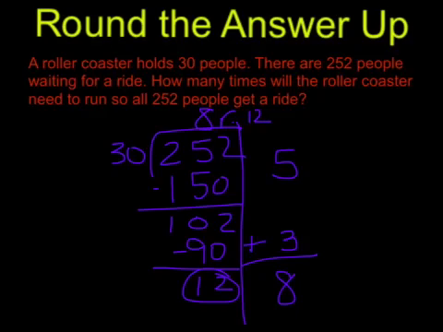roller coaster. So what I'm going to do is I'm going to actually round this answer up. So the roller coaster isn't just going to run 8 times. It has 12 more people that it has to service before it can be finished running. So I have to take this 8 remainder 12 and I have to round it up to 9. So my answer will be 9 times. That's how many times the roller coaster will need to run to make sure that everybody, all 252 people, get